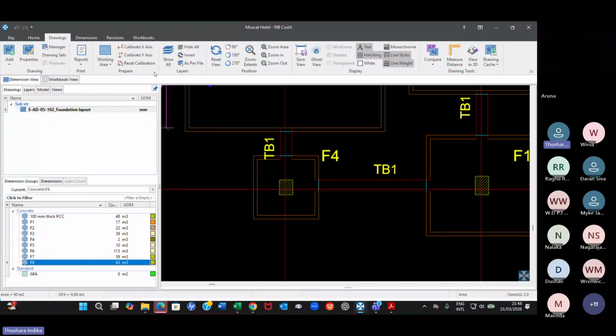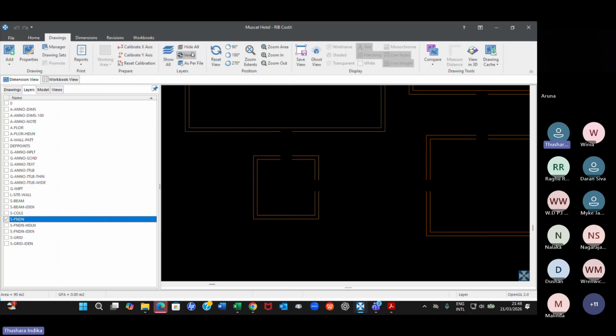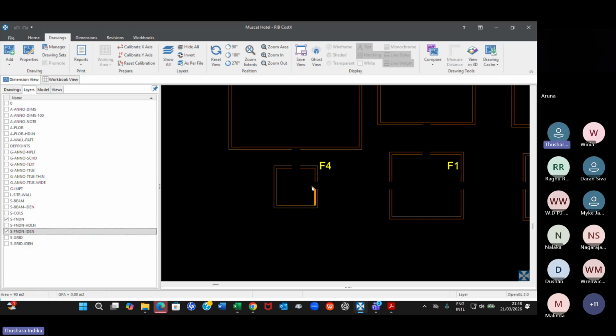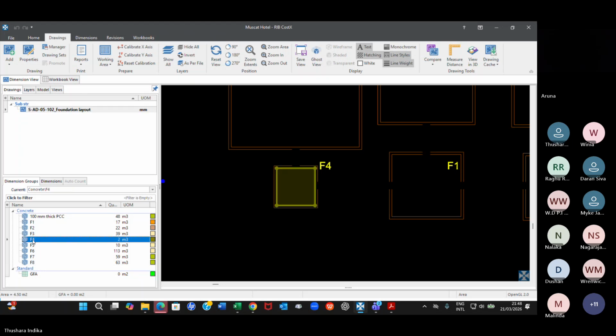Okay, I'll again go to layers and remove unnecessary lines. First, go to layers and select what you want and then invert. Okay, this is F4. Okay, and I'll turn on the identification also, otherwise you don't know. Right, now you go back to F4. Let's say I delete this. Okay,